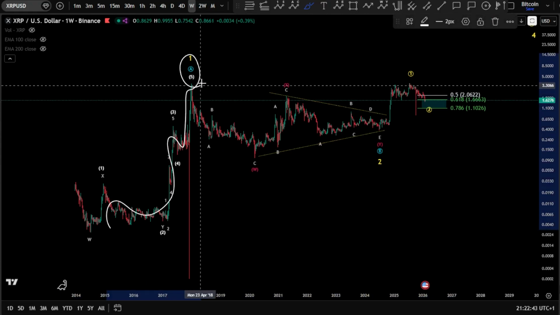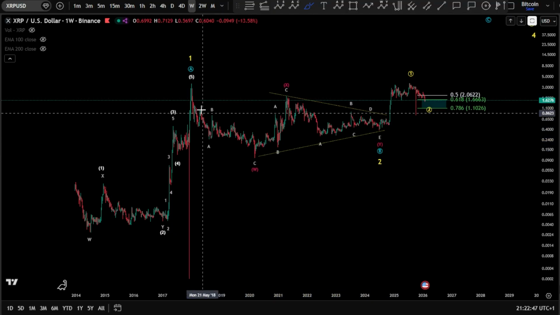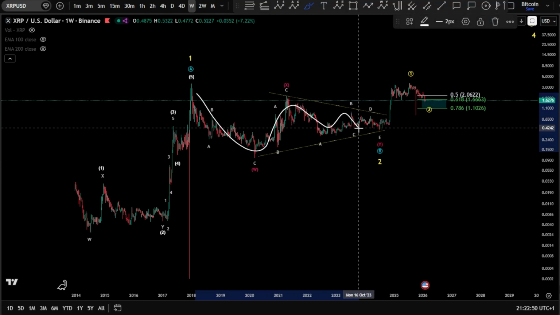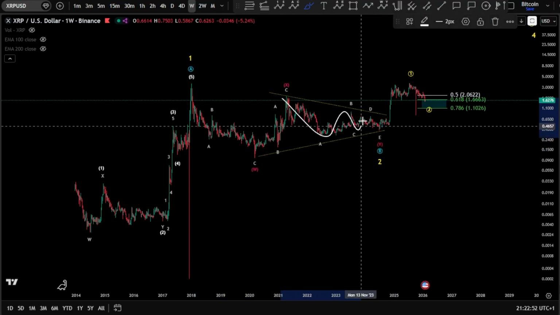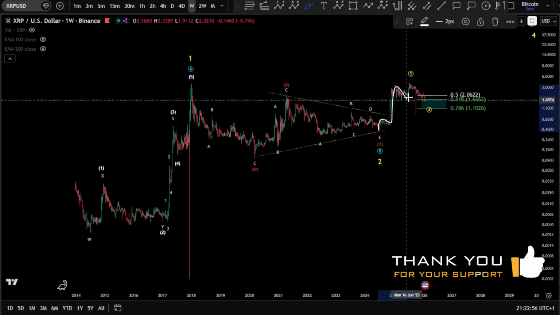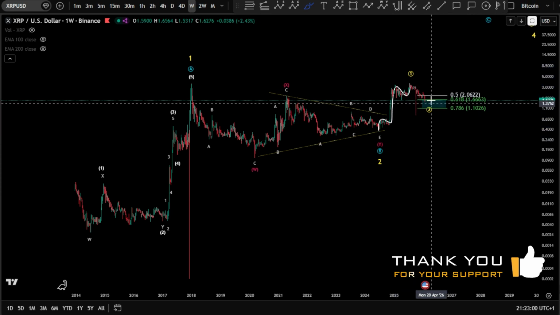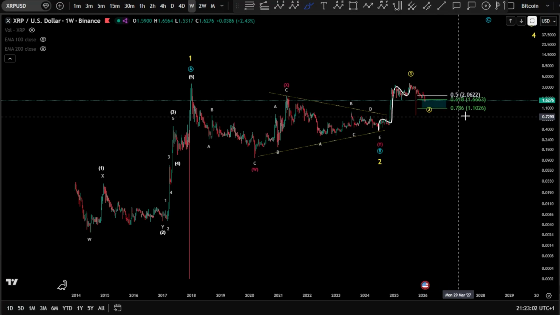We're going to start with XRP here to see what we have on the all-time history. We have an impulse wave 1 or wave A finished there, and we're looking at a correction here. A very sideways correction in WX and a wave Y. The wave Y is an ABCDE triangle, and we start to push toward the upside in a 1, 2, 3, 4, 5 for a wave 1, and we are currently looking for a wave 2 in XRP to hit